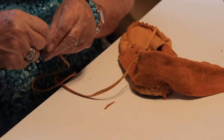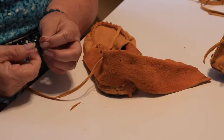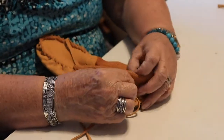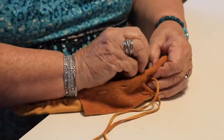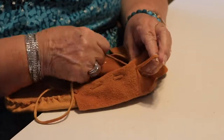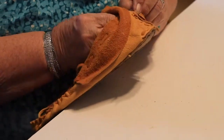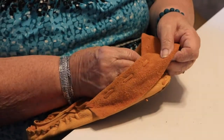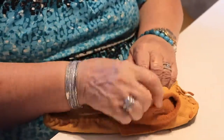We're going to sew all the way around the whole moccasin. I'll show you the heel first. I mean, I'll show you how to make sure the heel is done right. And come through here. One of the holes there and there. You can do it that way, or what you can do to make it easier,